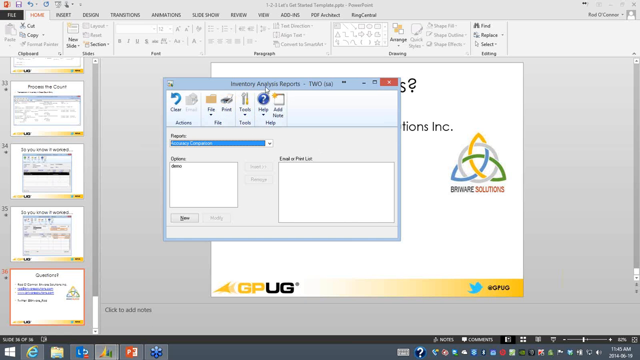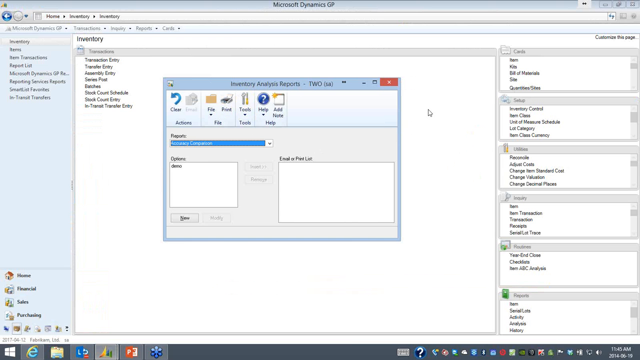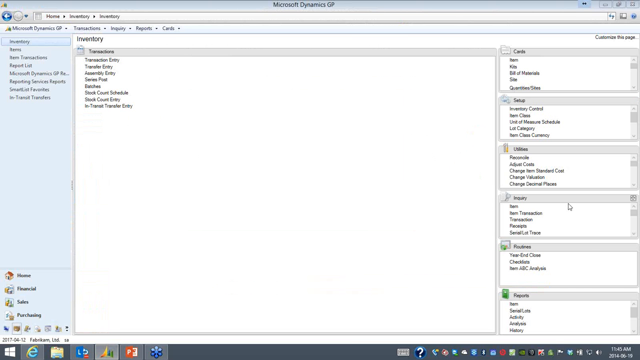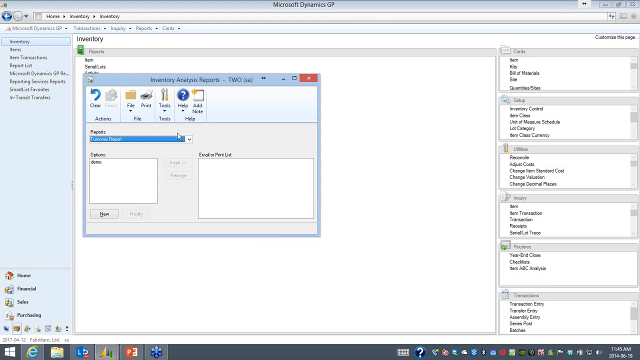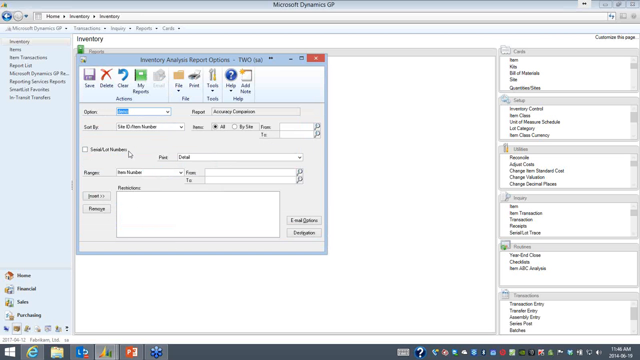If I go to my inventory analysis reports, let me just minimize this, which can be found under reports, analysis. I'm in inventory, by the way. And then I'm going to drop down this reports list, and it's way down here at the bottom, my accuracy comparison. And if I go ahead and run this,